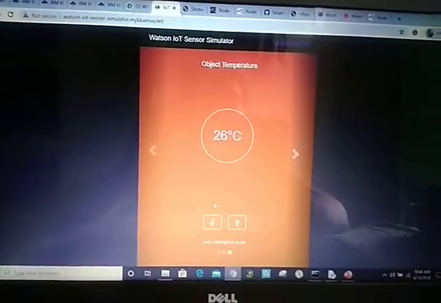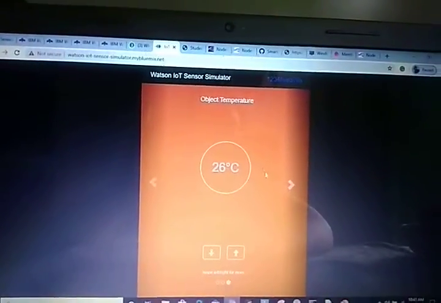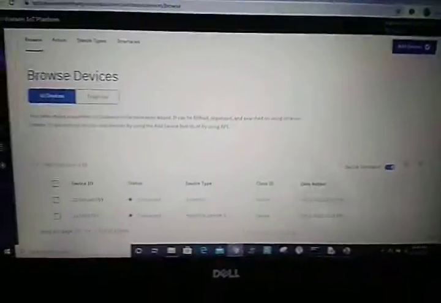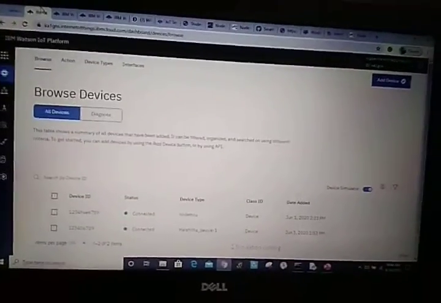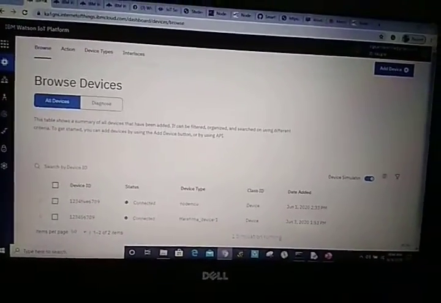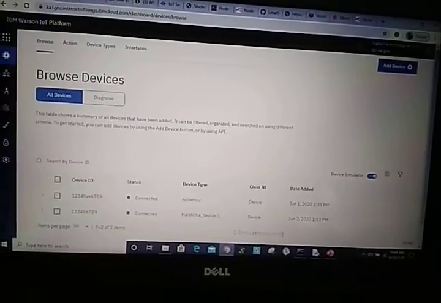It will ask for some information like organization ID and so on. We have to click on it and enter. So for now, in IBM Cloud we have to create an account, create a resource, and create the two devices.